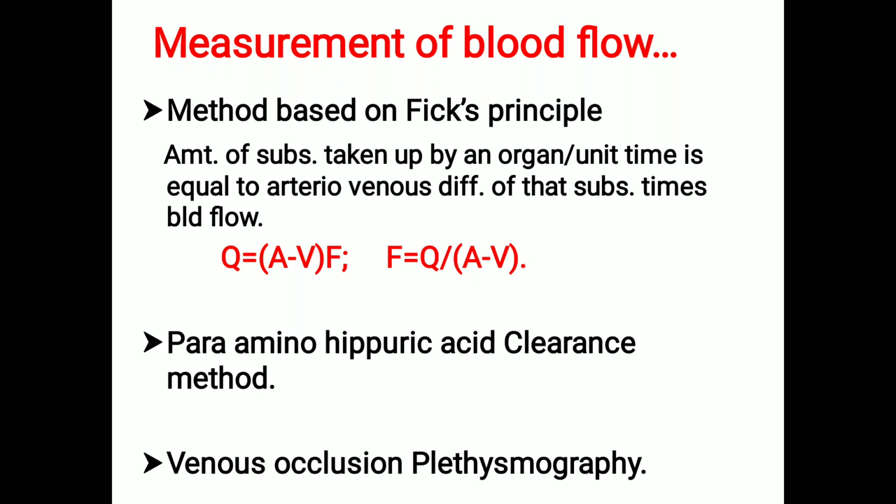Here, venous obstruction increases the size of the organ because the arterial flow continues as the venous obstruction occurs at the low pressure. So at least you need to know the names of how we measure the blood flow. One is the Fick principle, PAH clearance for renal blood flow, venous occlusion plethysmography, and the other is the Doppler